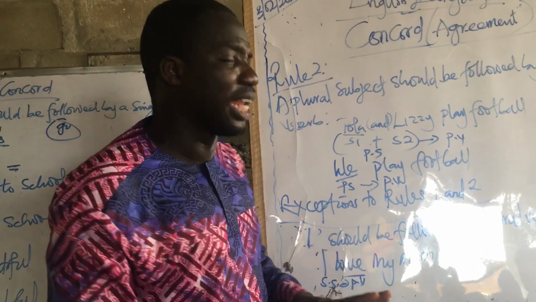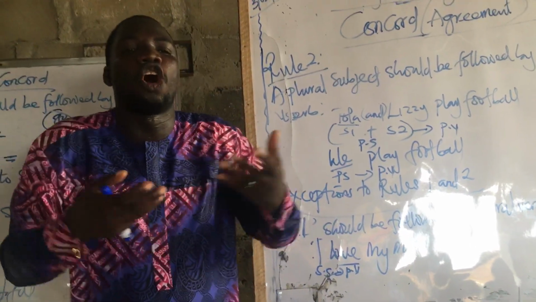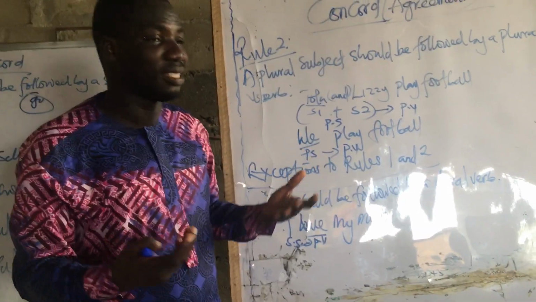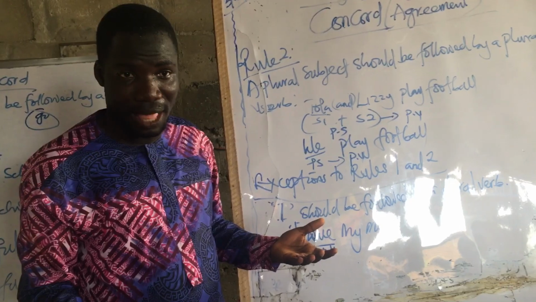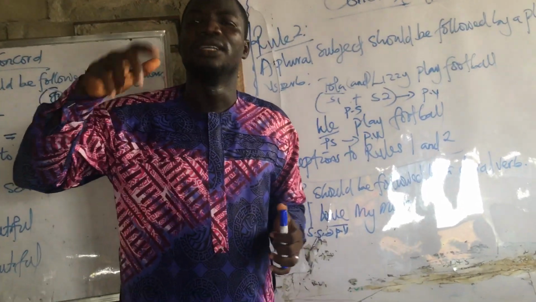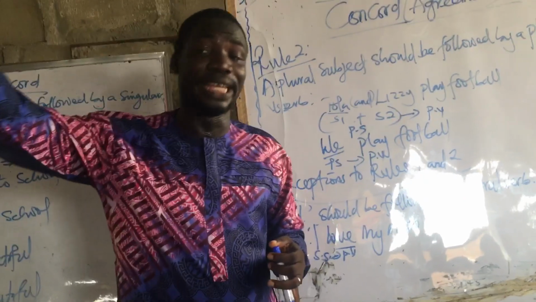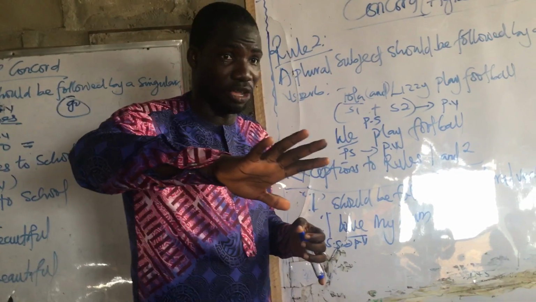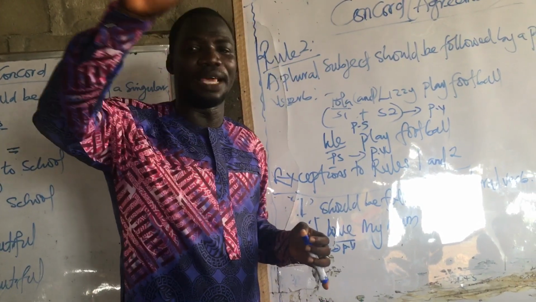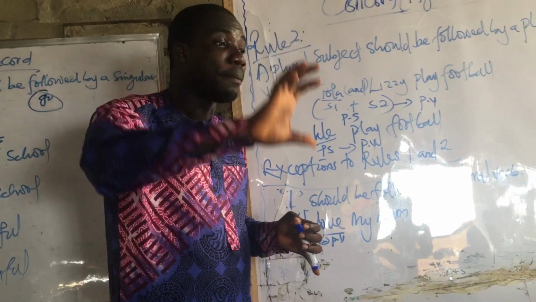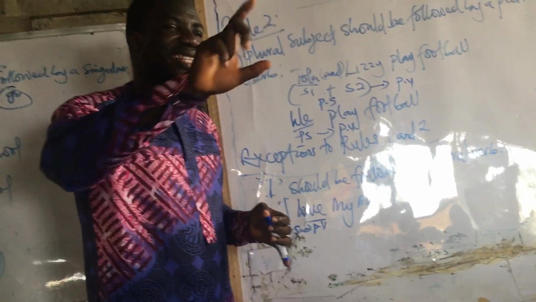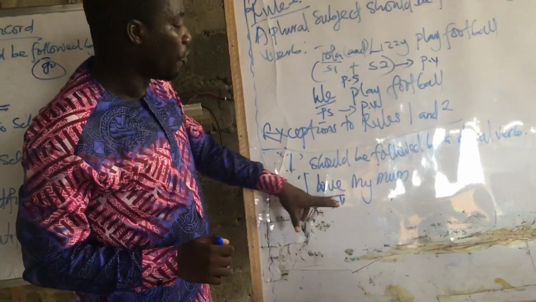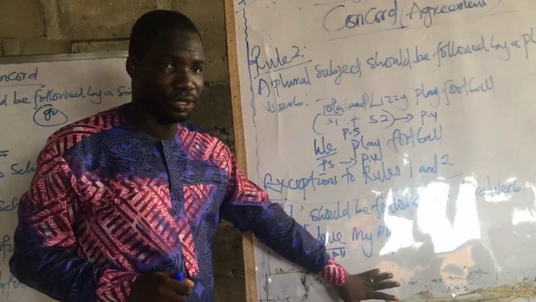It will be grammatically wrong for somebody to say, I loves my mom. That's grammatically wrong. Or I plays football. That's grammatically wrong either. So the case now is I, even though it is singular in meaning, it is grammatically treated as if it were plural. Are you there? So I is singular in meaning, but grammatically plural. It is grammatically treated as a plural word. And that is why we have it being followed by plural verbs.